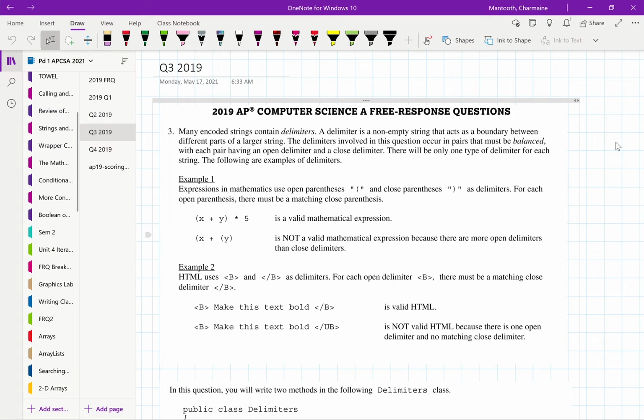Alright guys, so this is the FRQ3 from the 2019 test, and I am not going to go through the whole thing because it's pretty extensive. I do want to just review with you briefly that it's about delimiters and what a delimiter is, and we talked about in math a delimiter is an open parentheses